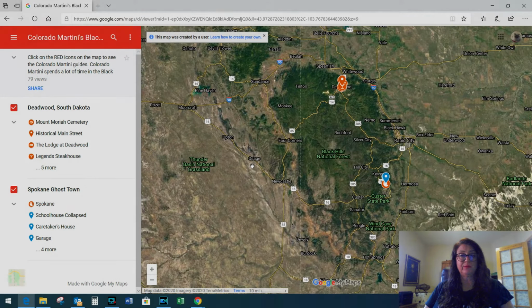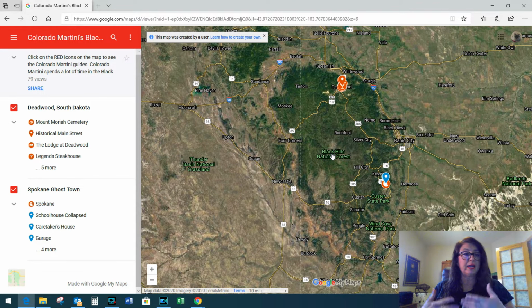This is one that I created for the Black Hills. And what you're able to do with these is you're able to center a default view. So when you send this link to your viewers, this is how the map starts. And as you can see, I have it centered on the Black Hills because that is the subject matter that I am using within my YouTube videos or my blog, coloradomartinis.com. And the various places that we have visited and that we are talking about in various videos or articles